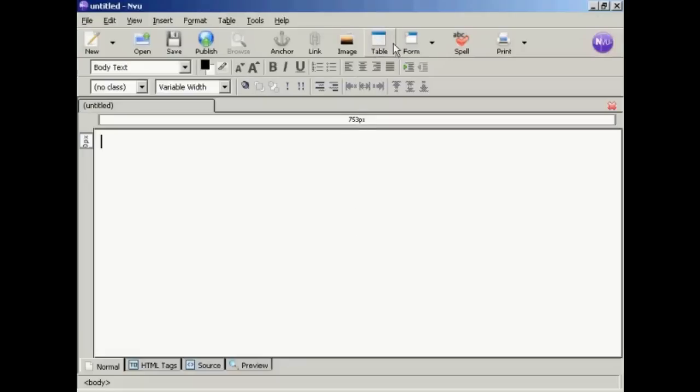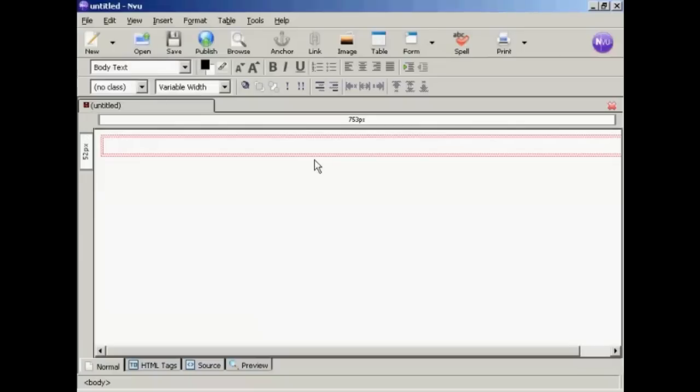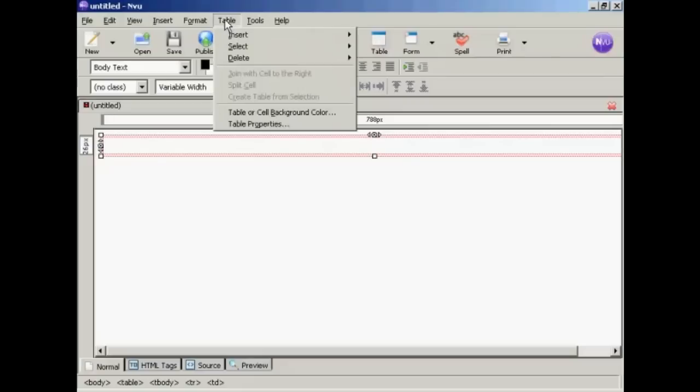So come up here to Table and click on the icon. And I only need one cell in this, so I'm just going to click here, and there we go, it's set up. Now I need to change the attributes, so click once inside the table, come up here to Table and then Table Properties,